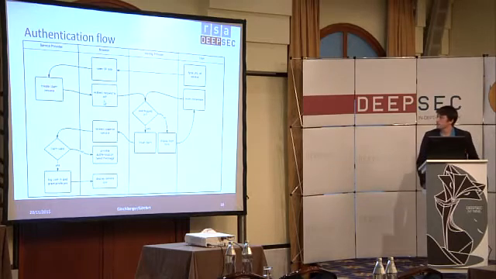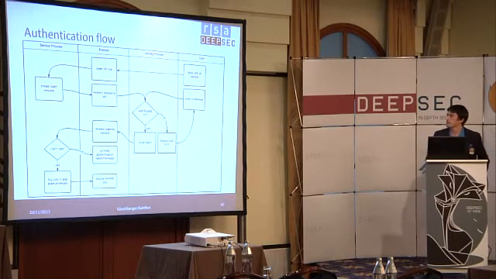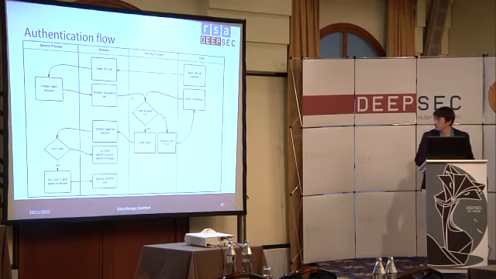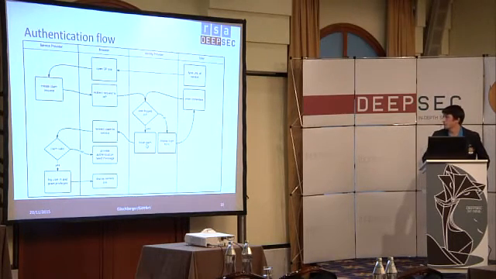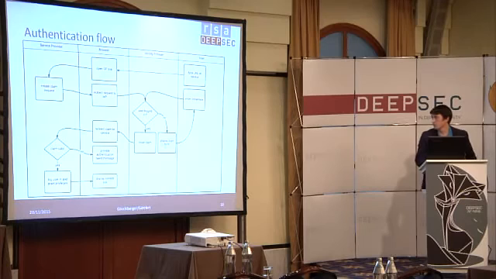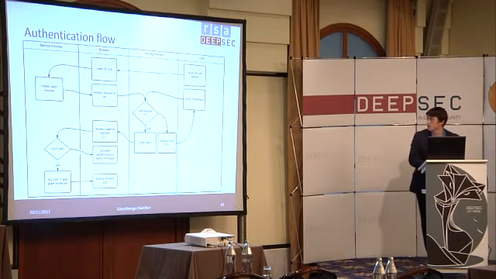This claim request is redirected to the IDP, which checks if the user is already logged in. The IDP, as I told, is in our case the legacy system. And if the user is not logged in, he has to enter the credentials. The browser displays a login form, and then once the user is logged in, the identity provider issues a claim, and the browser redirects